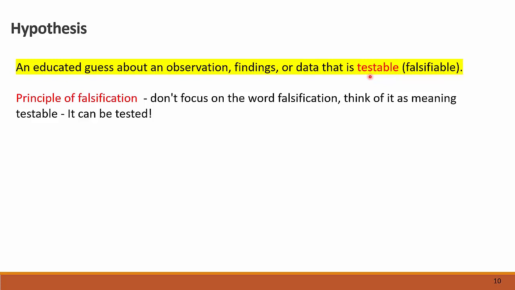Now, if I say instead, I think there are rodents in my attic, that's a different story, because any one of us can come to the attic and can check, can possibly see rodents, or can see droppings from rodents. So anyone on Earth should be able to test whether or not I have rodents in my attic. So that's testable, that's falsifiable.